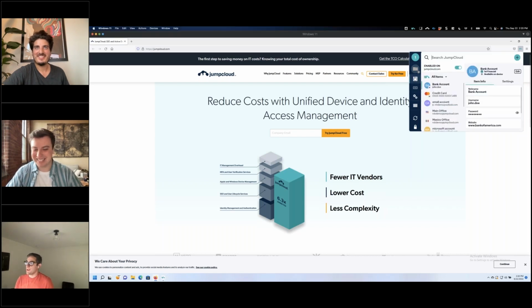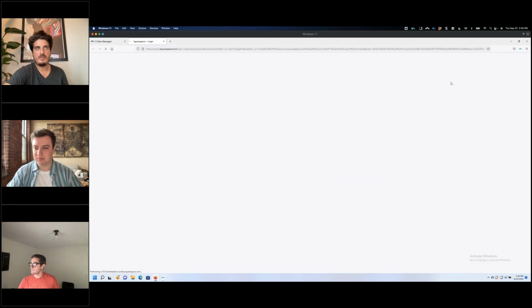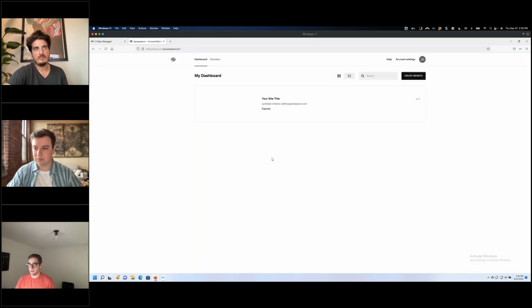But with these options, I can even go in, pull up the item right here, and let's say, for instance, I want to log into my Squarespace account. There's built-in search. I can launch directly from here. And the username and password field has been detected automatically. Let me use that autofill, dropped in,